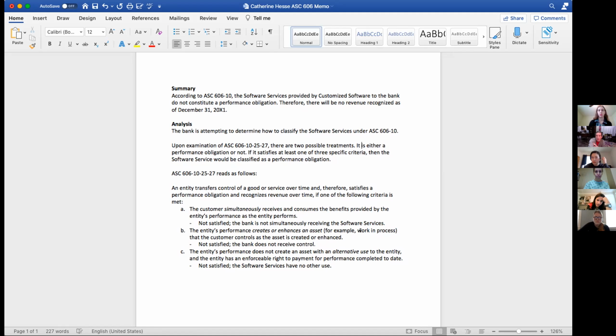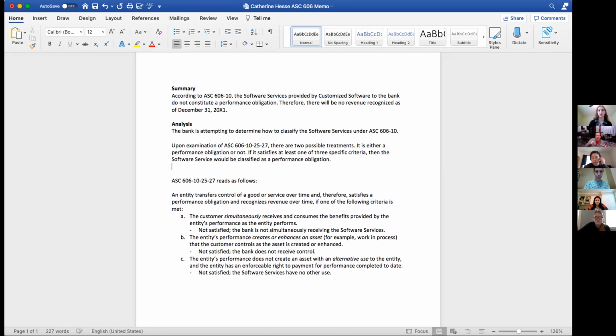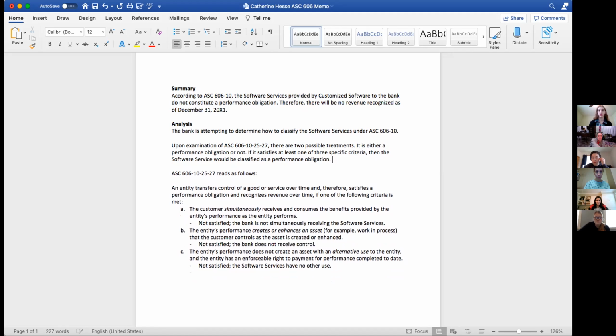So we would put one sentence at the bottom, below the ASC 606 three-prong analysis: as this is not a performance obligation, revenue recognition could not be. We'd probably look for an exact paragraph if we could find it, but I'm not worried about this because it would just be a parenthetical citation at the end.